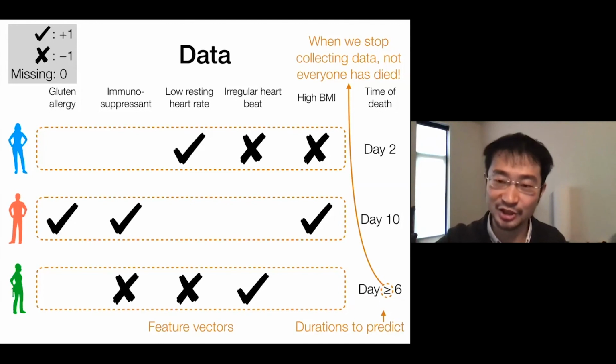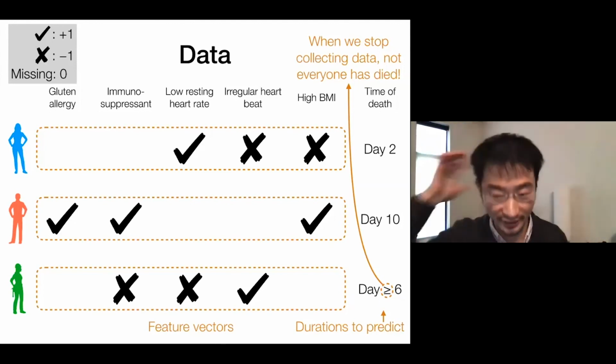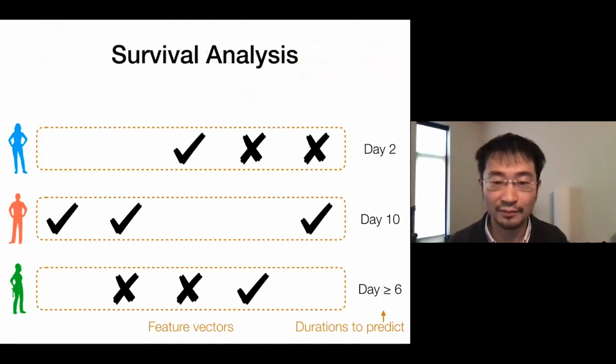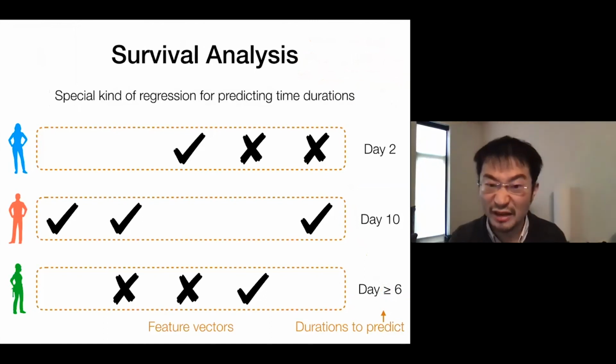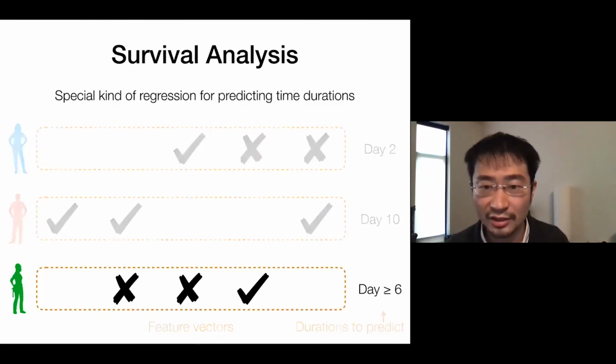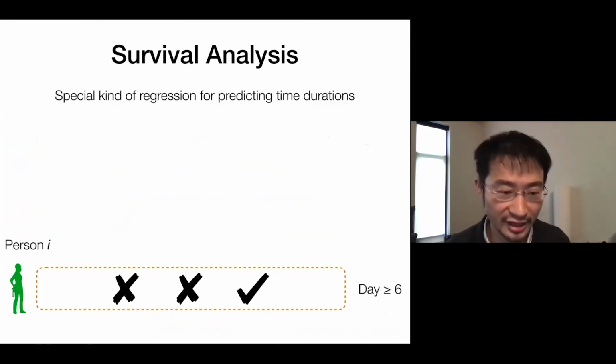This is why in survival analysis, we have this issue that people refer to as right censoring. Basically, you can think of survival analysis as a special kind of regression. We're predicting these continuous variables, these times of death, or time until death, and they're non-negative. And then we have this censoring issue that I'm talking about.